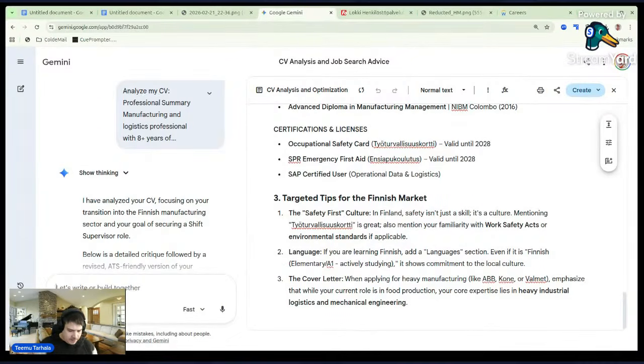Let's do it the way that it rebuilds my CV. And what we want: profile, like we mentioned, we want work experience, we want education, and then after education, we want skills. We want them soft and professional.